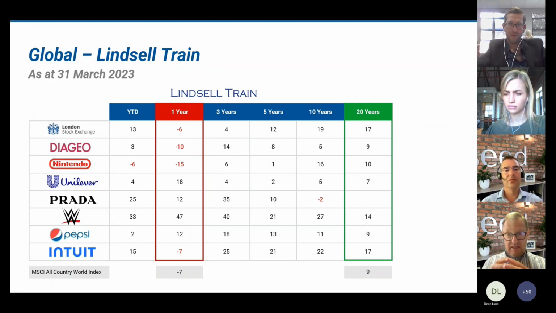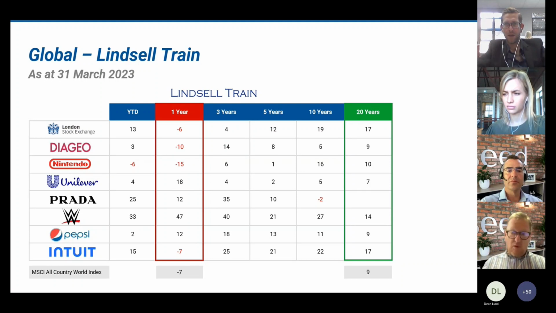Look out for these sort of quality names, and they are, as we've relayed, typically long-term holders. They're not trading in and out of these names. You buy the company as an investor, we get the benefit of the returns annually that they're producing. Exceptionally high returns on equity and exceptionally high margins. The London Stock Exchange, as an example, is giving close to 50% gross margins. So these are businesses which are really generating high margins and high free cash flow.